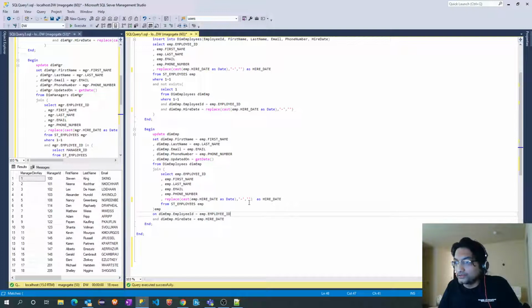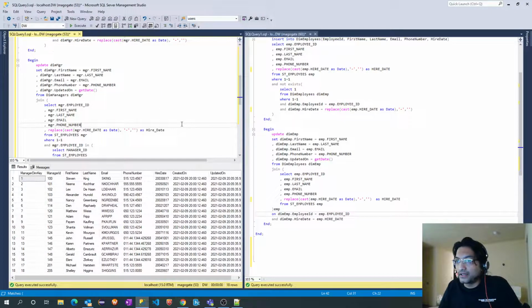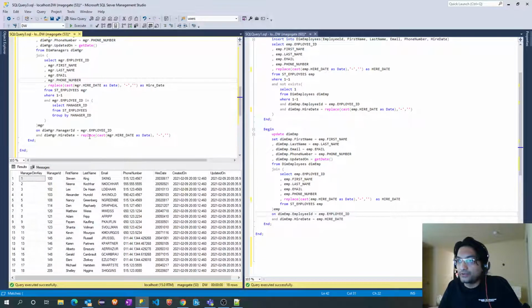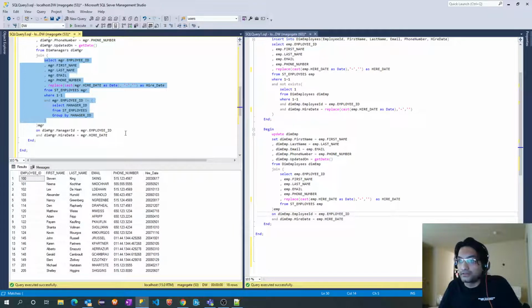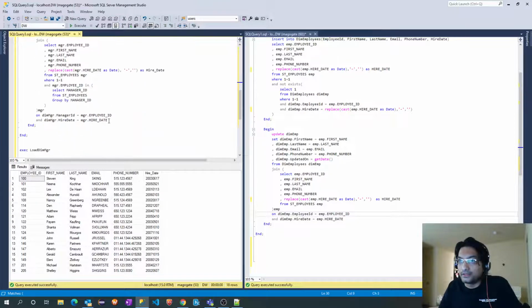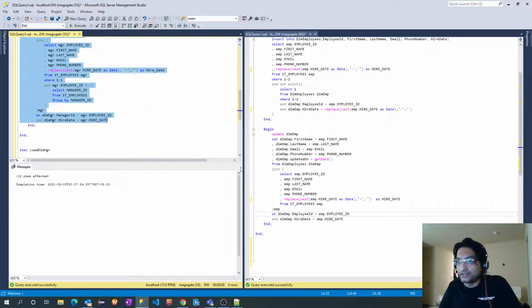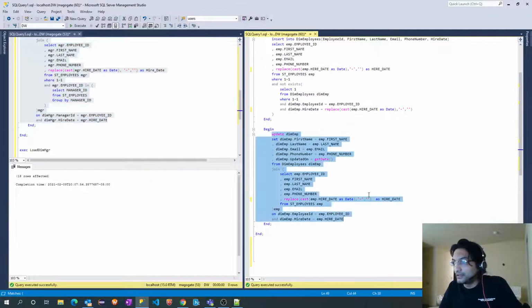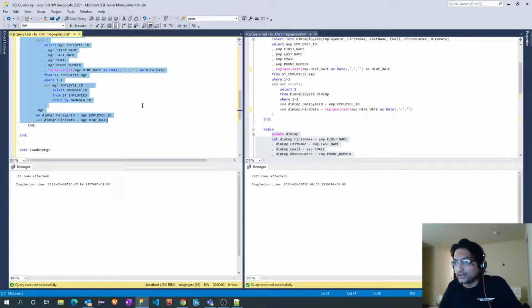So it will use this for join employee, and yeah, this is for hire date. So this is already converted, right? So we don't have to really cast this. Even if I don't cast it, it will still work because this is already converted. If I run this, yeah, see, it is already converted. So we really don't have to cast it. And let me run this. If I run this, it should give 107 records. And if I run this, it should update 107 records. Perfect.